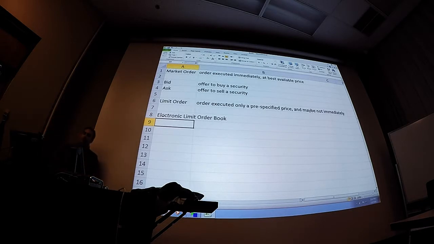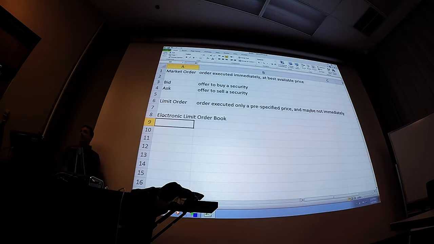And running that software for that electronic limit order book, that's essentially what the New York Stock Exchange or NASDAQ or any of these other stock exchanges, that's their primary function. That's what they do. They just run this software that processes and keeps track of all these limit orders. And then whenever a market order comes in, it basically adjusts the limit order book and changes the ownership of the security to reflect the fact that somebody's bought a security, and so whatever's on the limit order book is